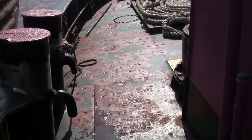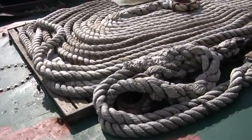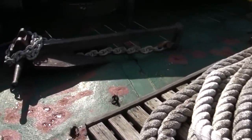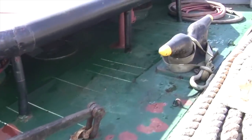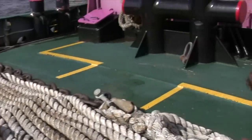It's important to keep the lines organized. If they get tangled, you're in for a world of pain. That's why you see the stern towing line here all lined up nice and neat. It's also a good idea to keep an anchor on hand, just in case you lose power and need to drop the hook. And that's a stern cleat, good place to secure the line. And just forward you'll see the capstan, which enables the